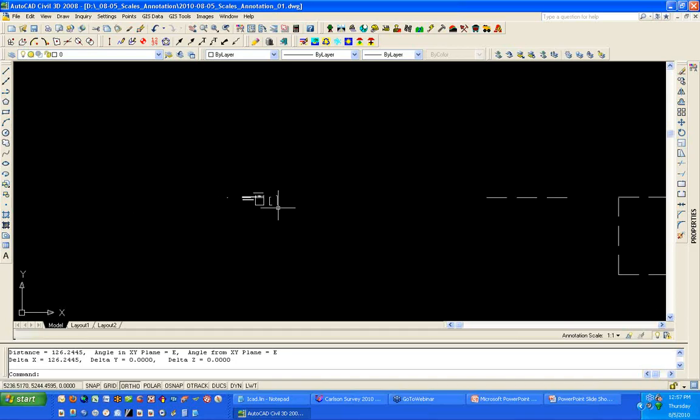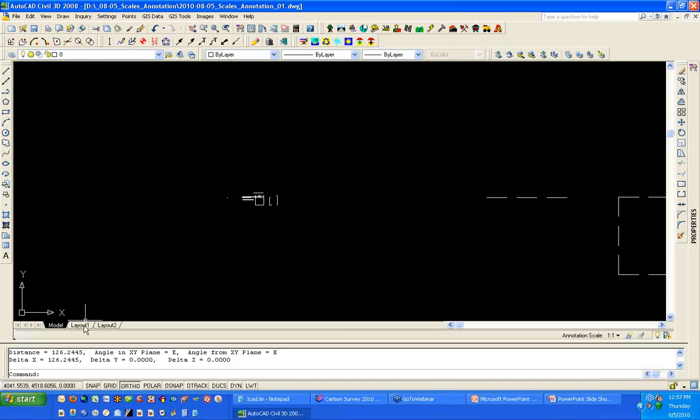If you have multiple scales to be plotted, and again, this is going to affect line types only. If you have multiple scale drawings to be plotted from the same DWG file, unfortunately, unless you're using annotative text in the newer versions of AutoCAD, it's really a matter of putting two different sets of dimensions, two different sets of text is how you would have to handle the text and the dimensions. However, line types,